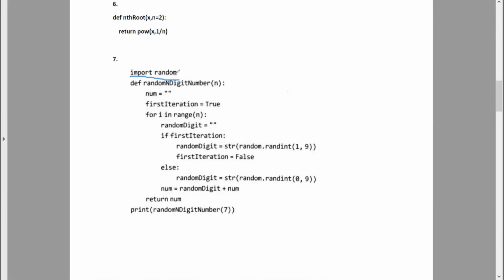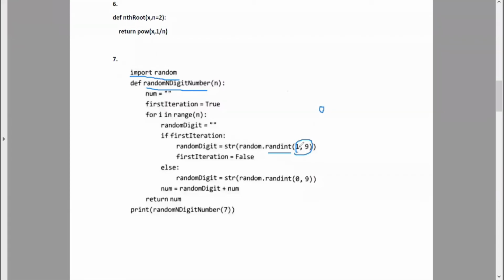import random. Random must surely be used because we need to generate some numbers. Here a function is being written with n as the value passed as a parameter. Here what we have to do is generate some number between 1 and 9. And those digits must be available in all the places, right? But for the first iteration alone, it must not have 0.